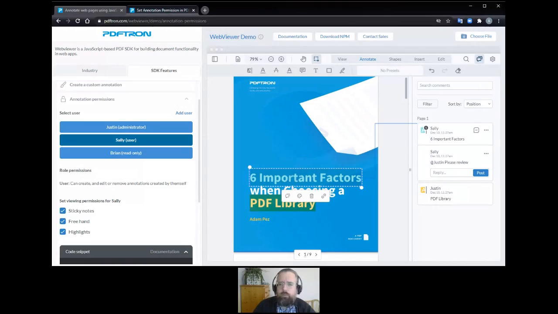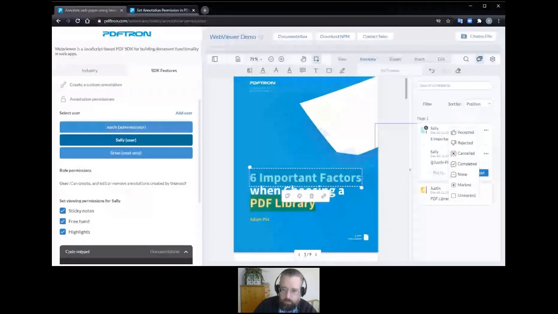And another useful way we tie this into workflow is through the use of annotation states. So we have here some default states for this annotation and this whole conversation. And these are the ones that the PDF specification outlines, so accepted, rejected, canceled, completed, etc. These are just the default values that the PDF spec gives, but we have the ability to customize these as well. And that actually is a pretty powerful tool, because if you have some specific workflow that users should go through, like if you have a particular procedure, maybe even one outlined in regulatory language or something like that, then if you have discrete states that users need to go through,